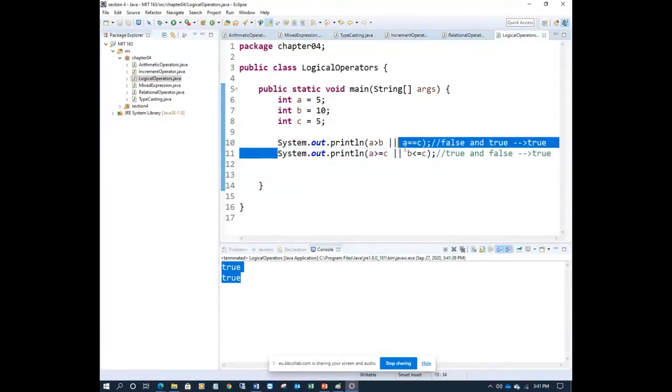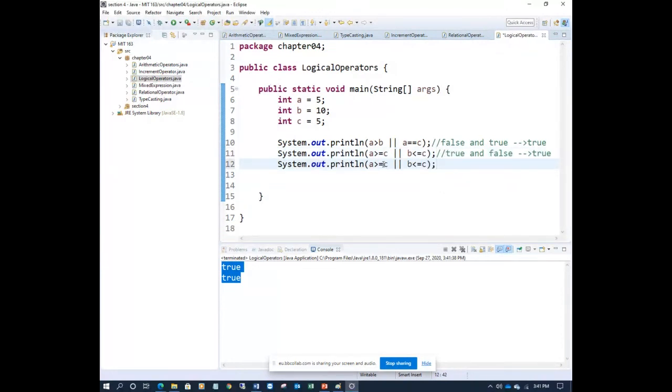Want to add more with false? Let's go with false. Here we'll take both false. A not equal to C, this is false, and B less than, this is false. So not R, this is OR actually.